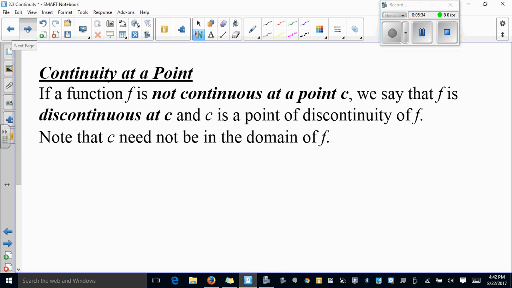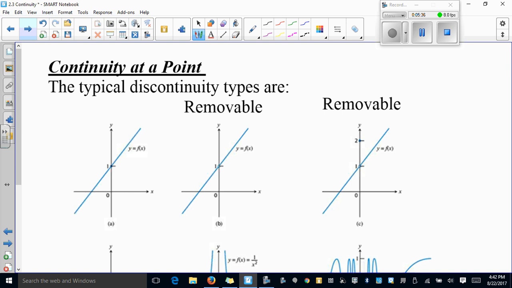So let's look at the types of continuity. The typical continuity types are, so this one, there's no discontinuity here. Basically, the function they gave you here is y equals x plus 1. There's no breaks, nothing here. And then you have this guy here, which you can barely see, has an open circle there at 1. So this could be the function f of x